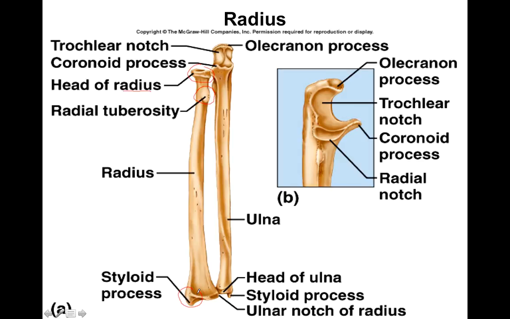The other part to know is the ulnar notch on the radius. The ulnar notch is right here, and it's where the ulna fits into the radius. The head of the ulna fits into the radius there. The ulna is the other bone that makes up the forearm, and this is on the medial side in anatomical position. The things to know for the ulna are the trochlear notch,